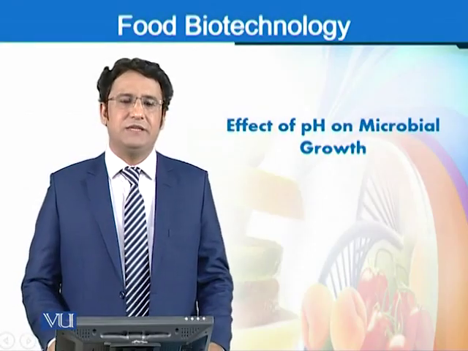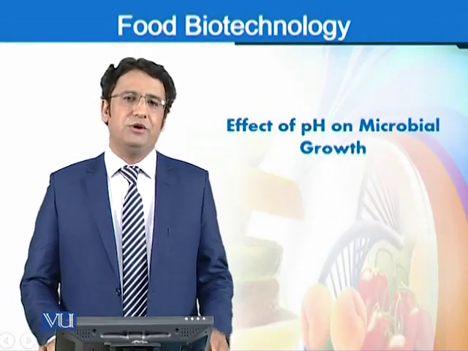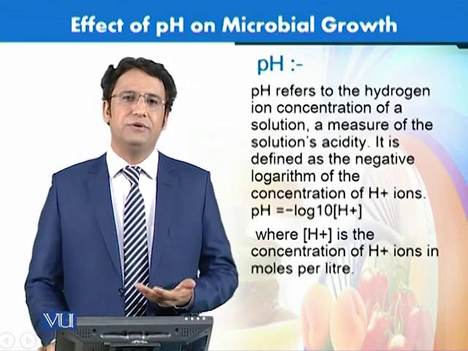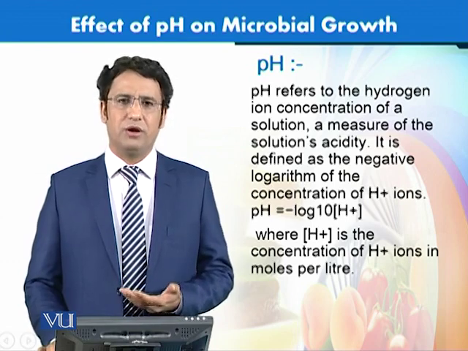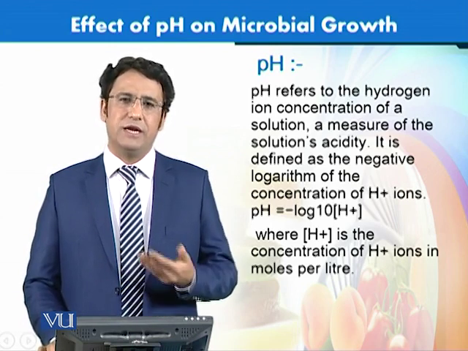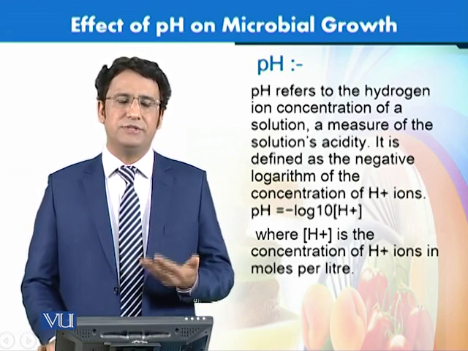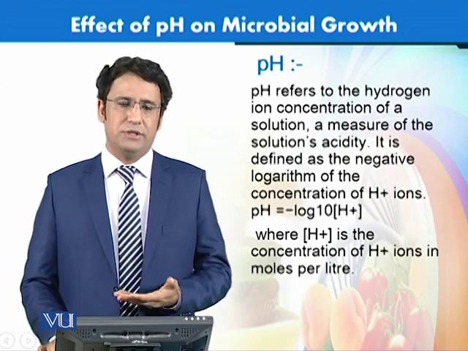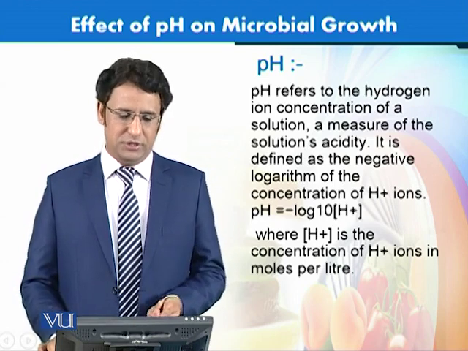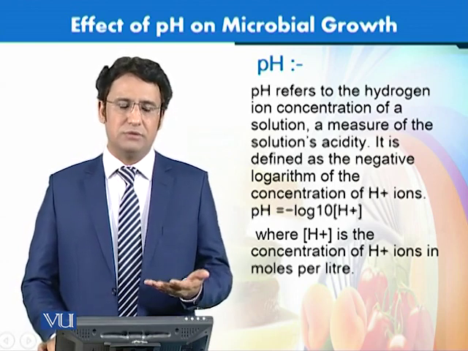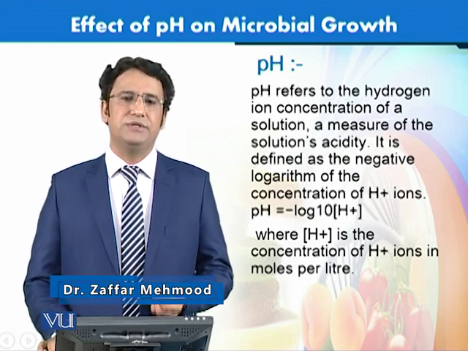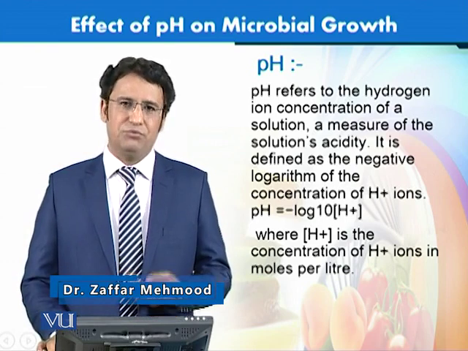So now we will see the effects of pH on growth of different microorganisms. As we have been discussing, there are different factors for microorganisms to grow in food. That is why we need to understand these concepts, so that we can control these conditions for the growth of microorganisms. We can make it an unfavorable condition for the growth of microorganisms in our food, and that is why we can increase the quality as well as the life of food, and the food can be made available